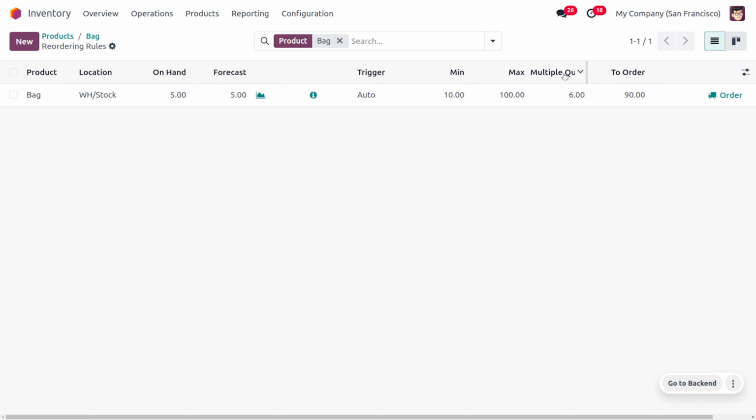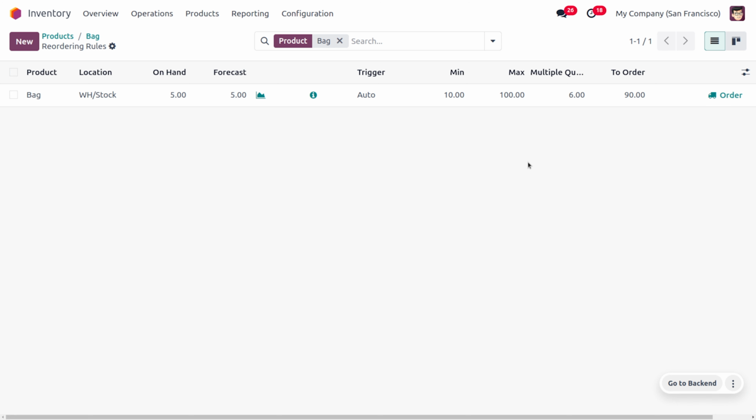When you go with the calculation of 6 again, it will exceed 100 quantity. We have already given a constraint to set a maximum quantity of 100 in our stock, so it would exceed the maximum quantity. We don't need to exceed the quantity in our stock. Instead, we will take the nearest number within the maximum quantity, so that will be 90.